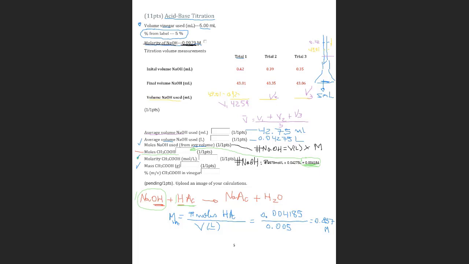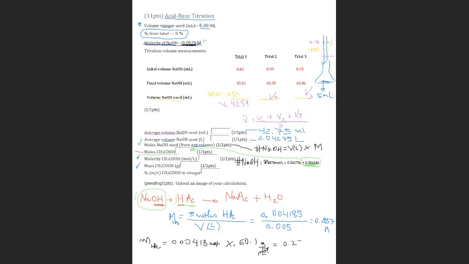So the mass of the acetic acid is going to be the number of moles, 0.00418, multiplied by the molar mass of the acetic acid, that is 60.1 grams per mole, given in the write-up. Moles cancel, and I obtain a mass of